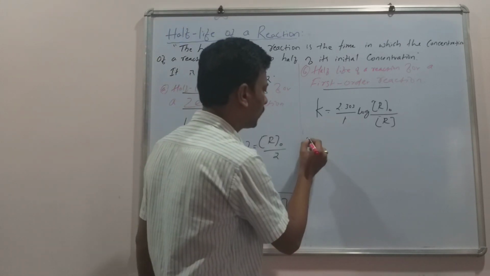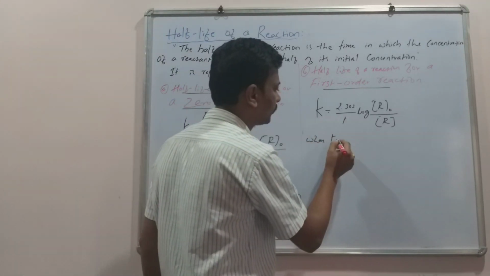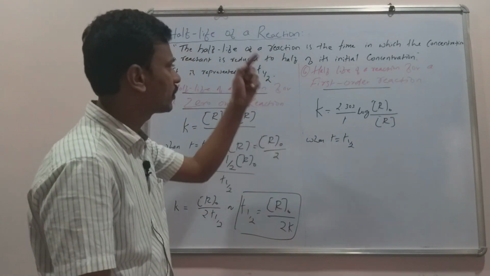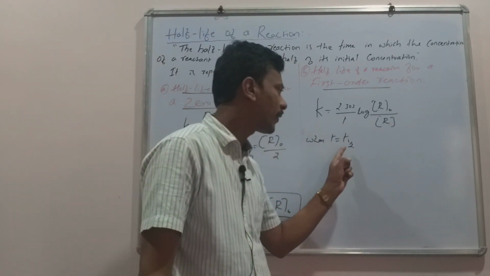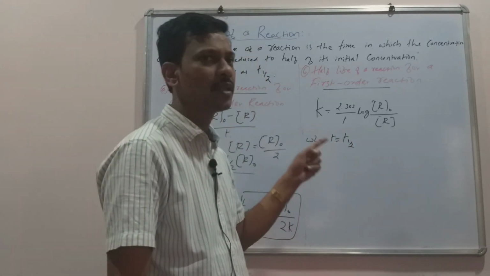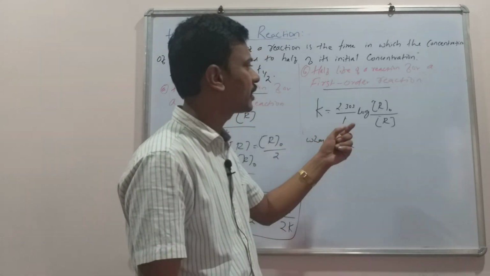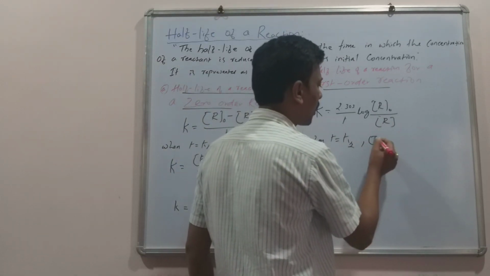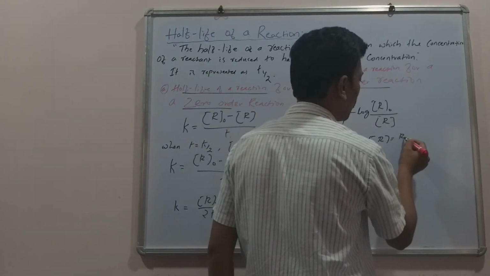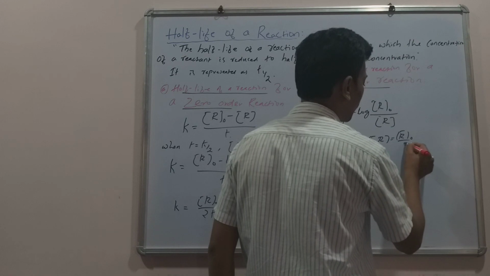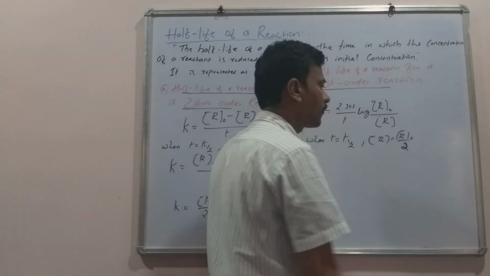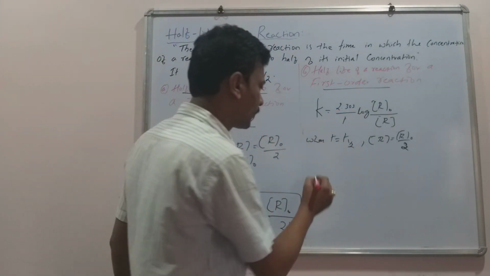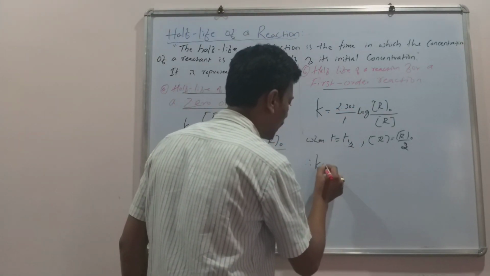Okay, now when time t is equal to t half, that is half-life of a reaction. From the definition we come to know that half-life of a reaction is the time in which the concentration of the reactant is exactly reduced to half of its initial value. Therefore the concentration of the reactant will become concentration of R naught divided by 2. And again substitute these values in the above equation. Therefore k is equal to